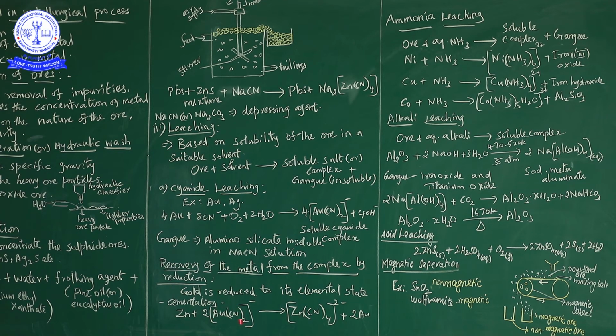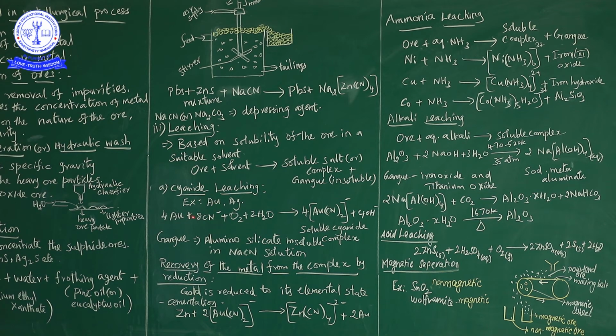So here the gold is present in the complex with a particular value. The gold is present in the +1 oxidation state. But the gold present in the +1 oxidation state is reduced to elemental gold. When we say elemental state, in its individual form, the oxidation state of the gold is 0. Any element present in the free state or elemental state has oxidation state 0. So the gold is in the oxidation state of 0, so it is in elemental state. So gold is reduced to its elemental state by treating with zinc. The process is known as cementation.